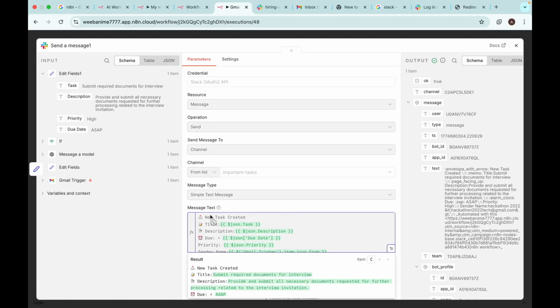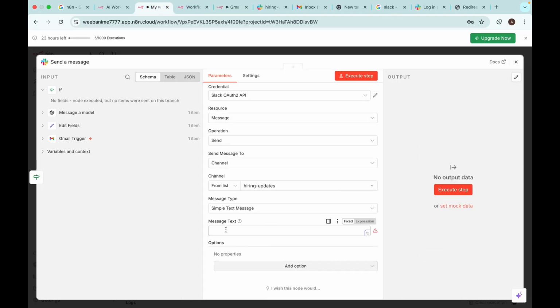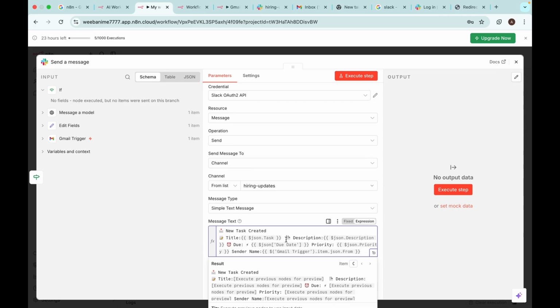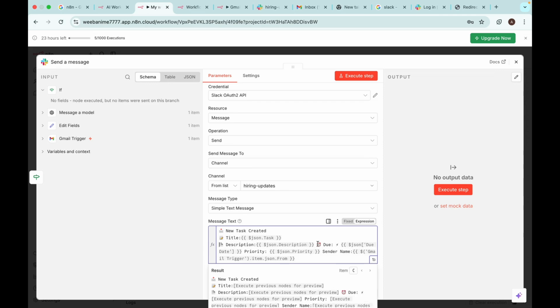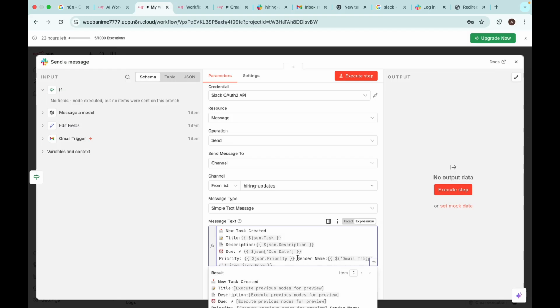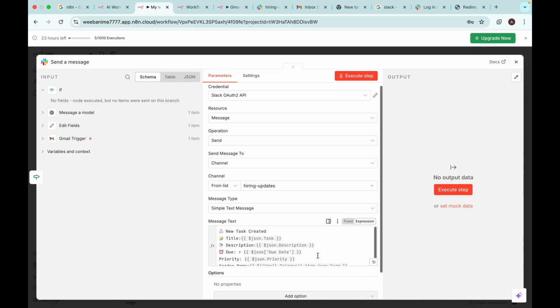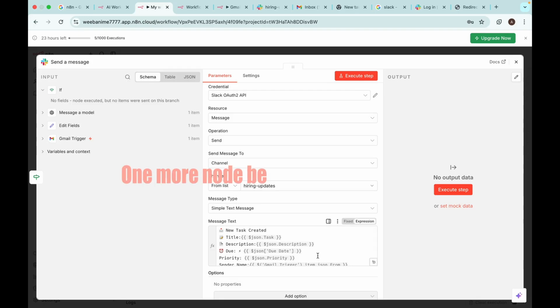I'll create a copy of this, copy, go over here, paste. Now the thing is, I'll arrange it in a good way. Description, due date, priority, sender name. So these were the things that I got from the OpenAI. So if you click over here,